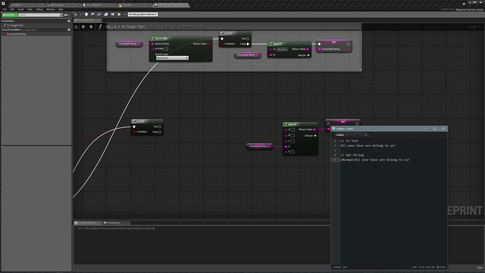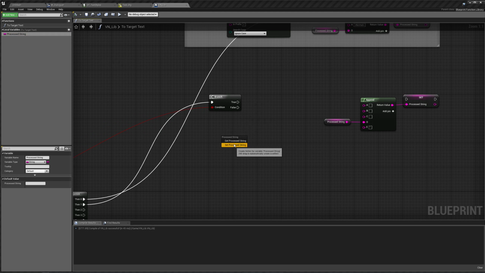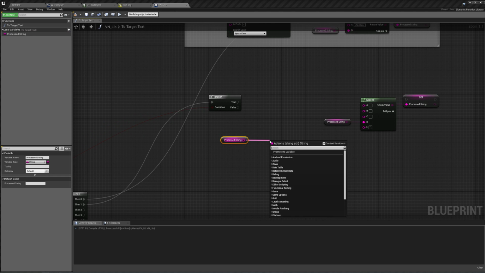So instead, what we need to do is we need to find out where our first closing tag is over here, because after that is going to be where our text actually begins. That's where the quote needs to go. So we need to find out where this is and add a quote after that, and then add our text and add the quote. So how we can do that is we can go to our process string and say